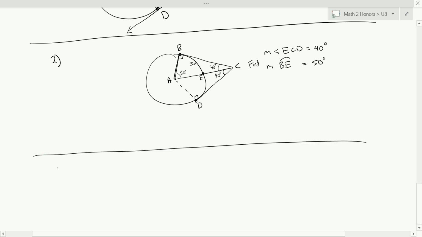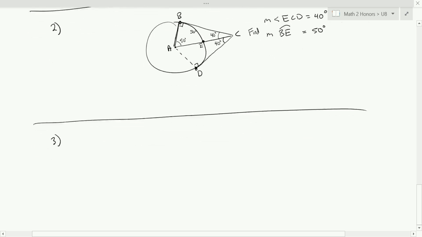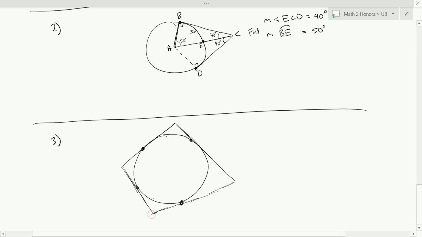Told you I got 3 problems for you, so one last problem here. So this time I'm going to draw a few tangents to the circle. So here's one tangent. I'll draw 4 of them. Another one. Not perfect, but you get the gist here, right? So we got 4 points of tangency at A, B, C, and D. And then we have vertices at E,